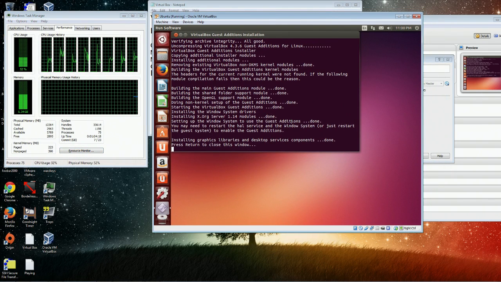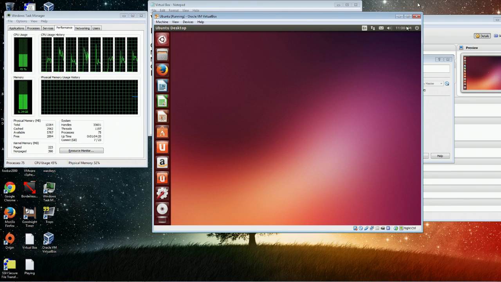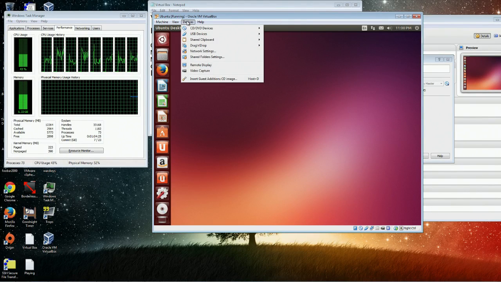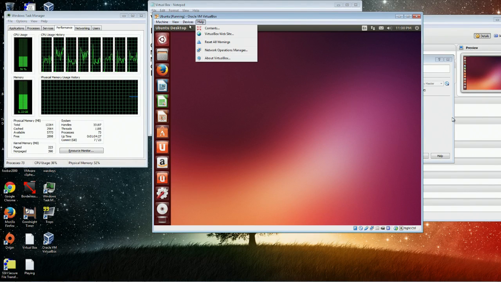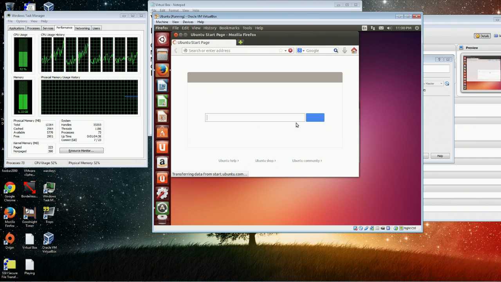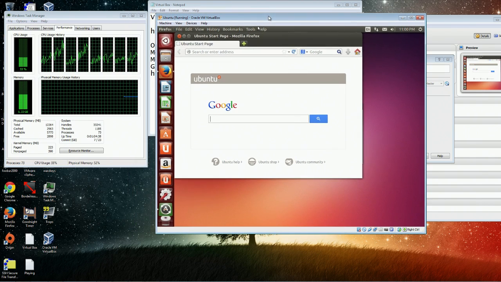Okay, almost done. Please press return to close this window. Now that this window is closed, I should be able to reboot it and go to full screen. I think I have to restart though, I'm pretty sure. Let's see if our NAT worked as well. I believe it did because it's updating software. See, we even have internet. I have the internet on this. I'm running Ubuntu. I can even go to my